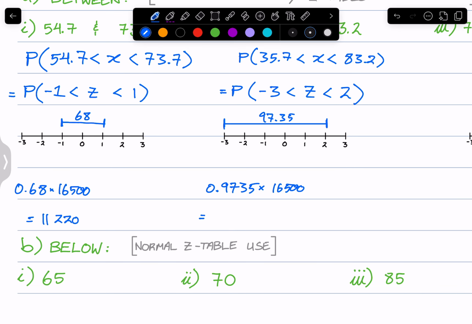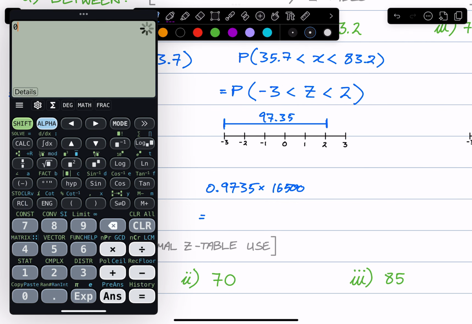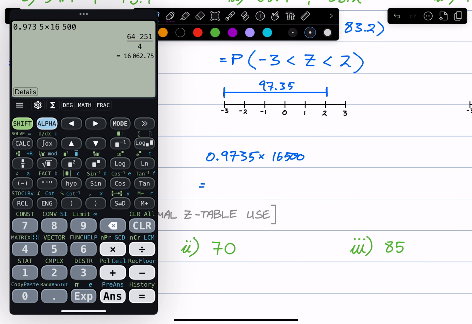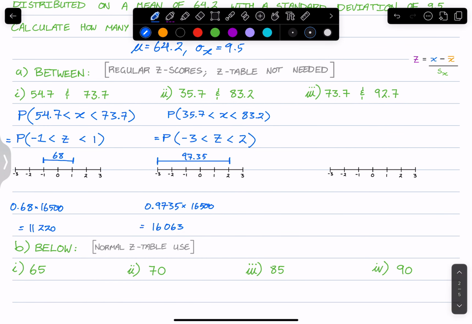Okay, so using our calculator, 0.9735 times 16,500 gets us 16,063 students in between that, just rounding up to the nearest whole. And for the last example here,